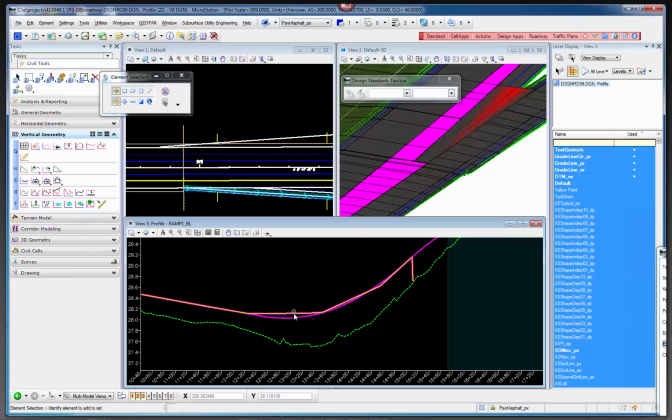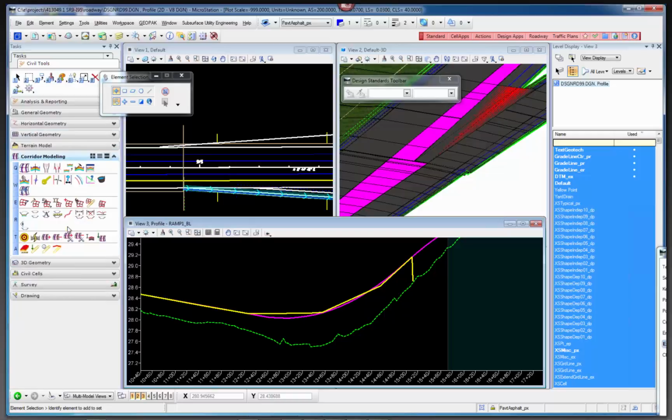Now this will end up taking control eventually, and then obviously your template and your vertical geometry will control where this ramp actually is. So it's kind of an iterative process. You use the slopes in the template to build this line, and then you can go in and design a profile that estimates that line and then apply it back to the ramp. So let's go back and look at the